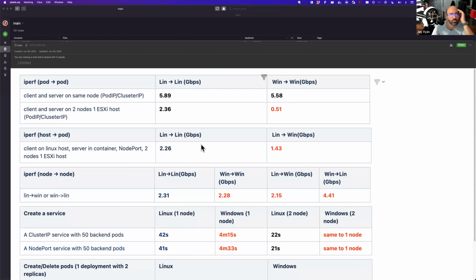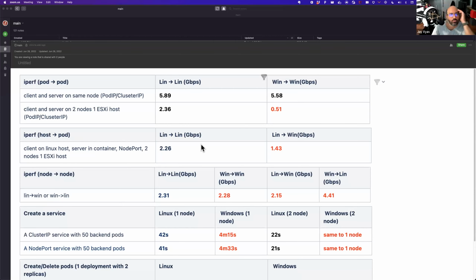So when we were running these with Antrea, when it came to networking bandwidth, the interesting thing is we found that the performance was better than we thought it would be. Windows to Windows is about the same as Linux to Linux.